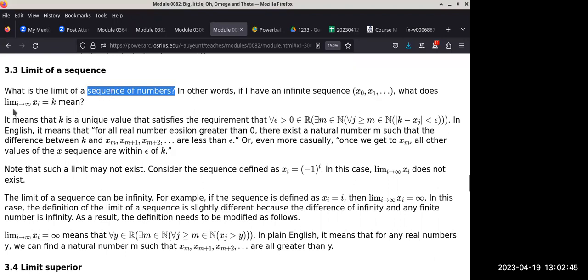So the question is, what is this particular expression? How does it evaluate? Or what does it mean when I say it equals k? Right? So we'll take a second look at this one. It says the limit as i approaches infinity, x of i equals k. What does that mean? The limit is k, and what does that mean when we say the limit is k for a sequence of values? Yes.